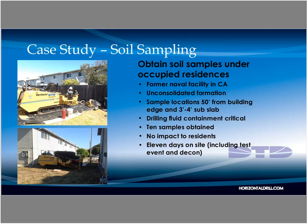Here I've also tried to put a drill rig in a very small spot. We always seem to be given very small spots to set up our drilling operations. This is a slightly larger rig, but still you can see we're right up against these residential buildings. This is a former naval facility in California, and we needed to get some soil samples underneath these buildings. So I'd like to show here that we can access fairly small areas in between residential buildings, next to buildings,